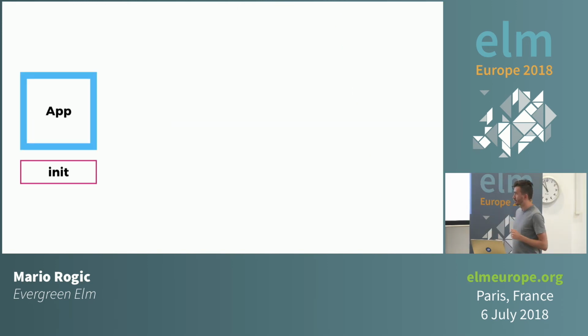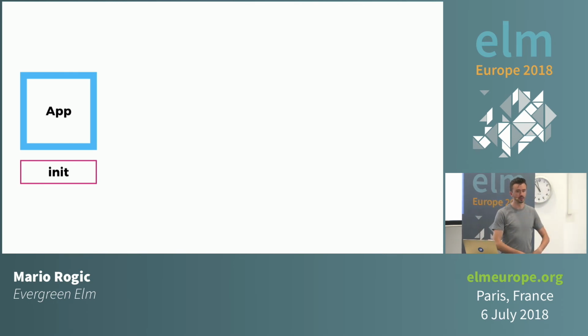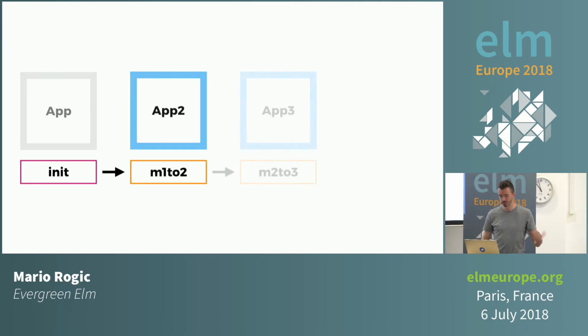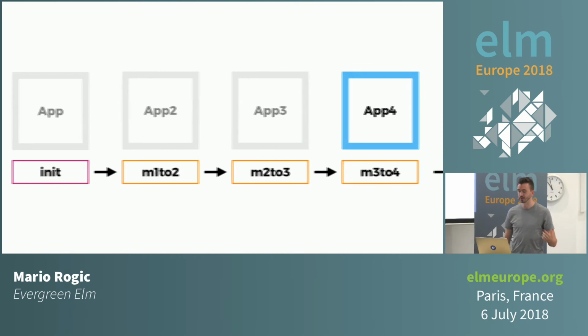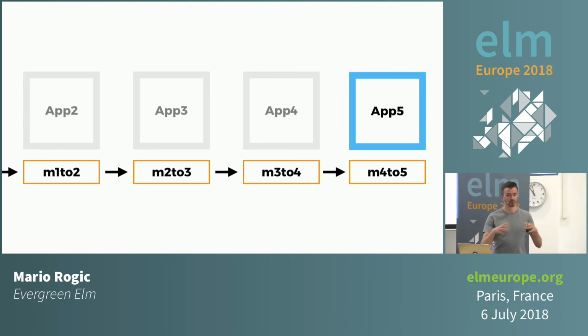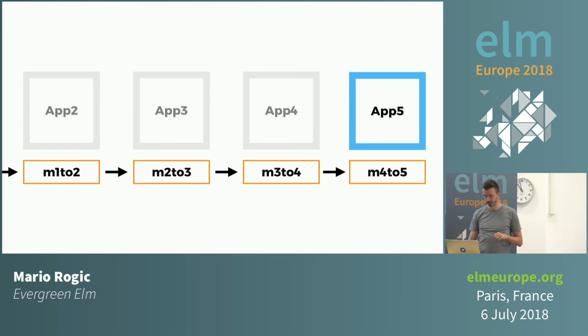So consider we've written an app, and this is the very first application, right? So our init function is basically setting everybody's state. And then we release a new version, we release a new version, we release a new version, release another new version. And every single time as we're doing these versions, whenever there's a significant type change, we've got these migrations, and they can all kind of be linked together.